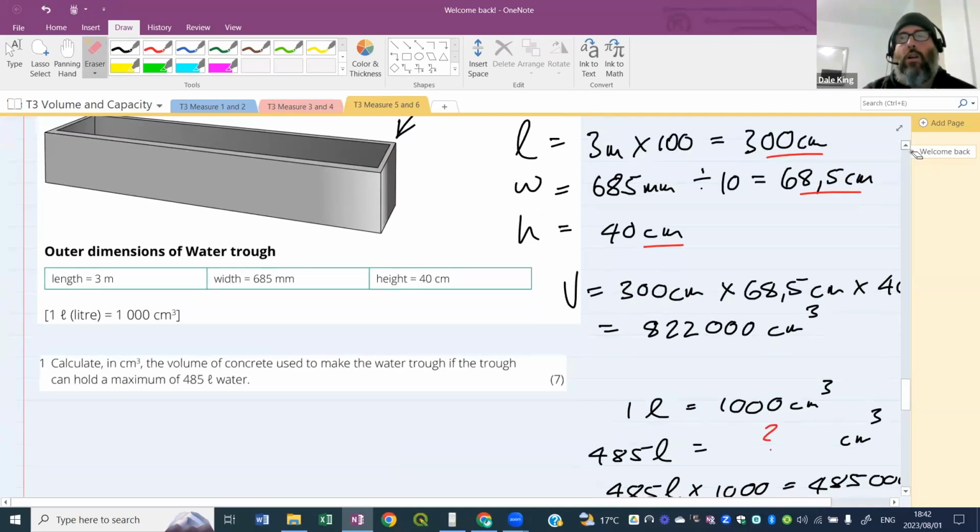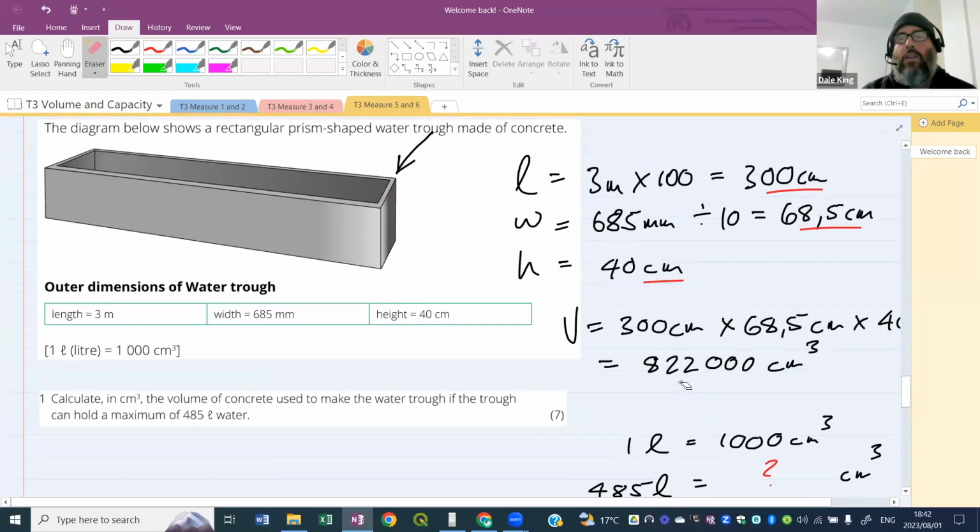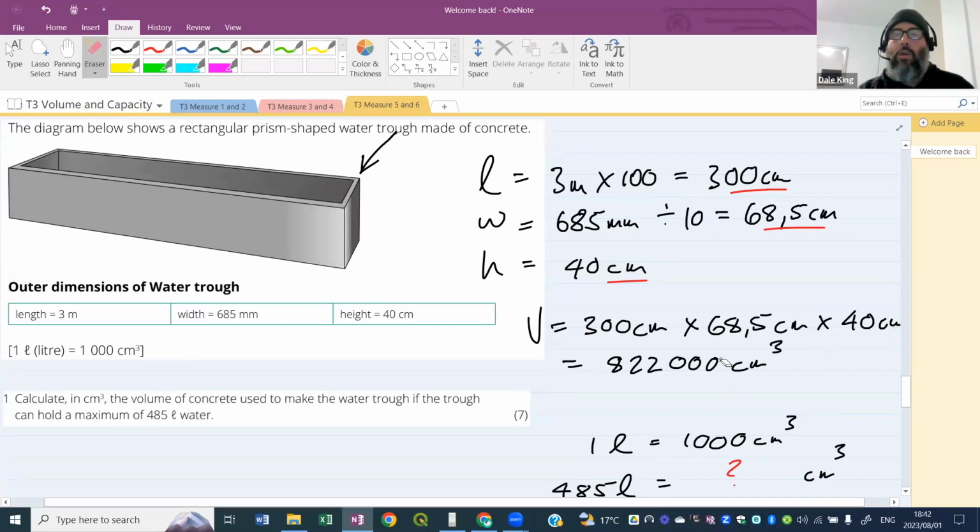So let me try and help the guys that are listening understand. This 822 here, we worked out the volume of a rectangular prism, which assumes that this whole trough is filled with concrete. Okay, just hold on now. I know what you're thinking, but sir, it's not filled with concrete. Yeah, I know. But we are pretending that we have a rectangular prism or block that is filled with concrete, and we multiplied out all the centimeters. We had to convert some first, multiply them out to get a centimeter cubed volume for a rectangular block of